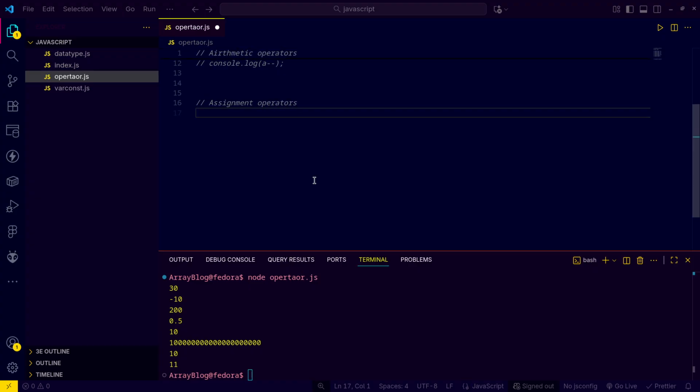So these assign a value to a variable, and sometimes perform an operation along the way, right? So we'll say let x equals 10, right? And we are going to perform the operator. So we'll say x plus equals,